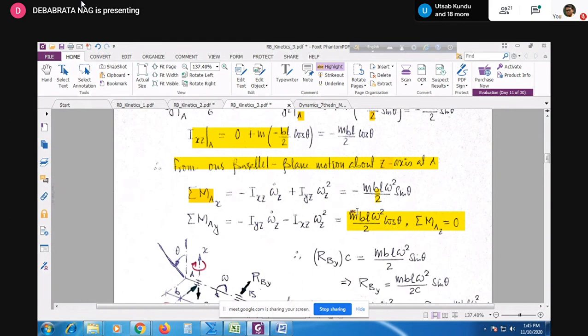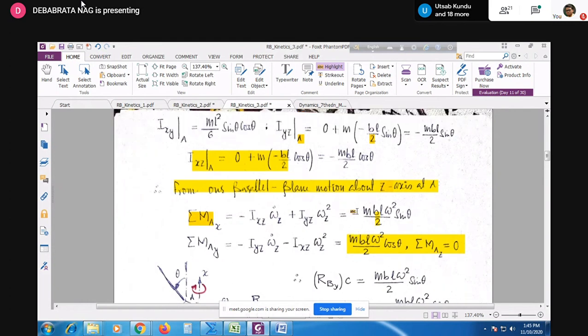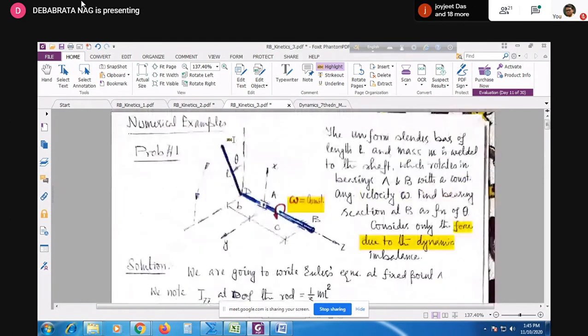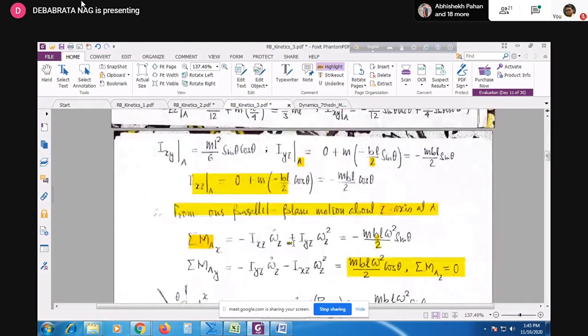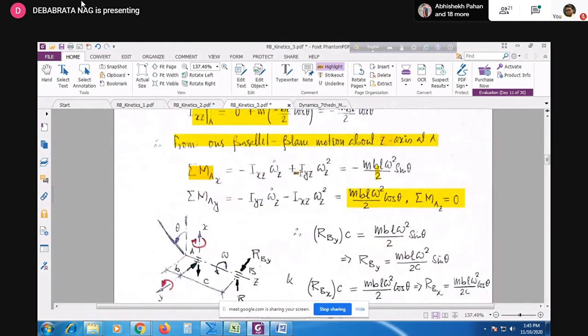তার মানে কি, তুমি যদি সেইভাবে প্রবলেমটাকে দেখো তাহলে দেখো তোমার কেবলমাত্র Iyz, এই বাঁকা রডের জন্য Iyz আর Ixz, এই দুটোকে বার করলেই কিন্তু তোমার কাজ শেষ, because you see the first equation you require this term, it is the only surviving term, এই টার্মটাই কেবল বেঁচে আছে, দেখো আর কিন্তু কেউ নেই। Similarly in the second equation you don't have this term, you have only this term, তাহলে আমরা কি পাচ্ছি দেখো, summation Mx হচ্ছে Iyz omega z square,